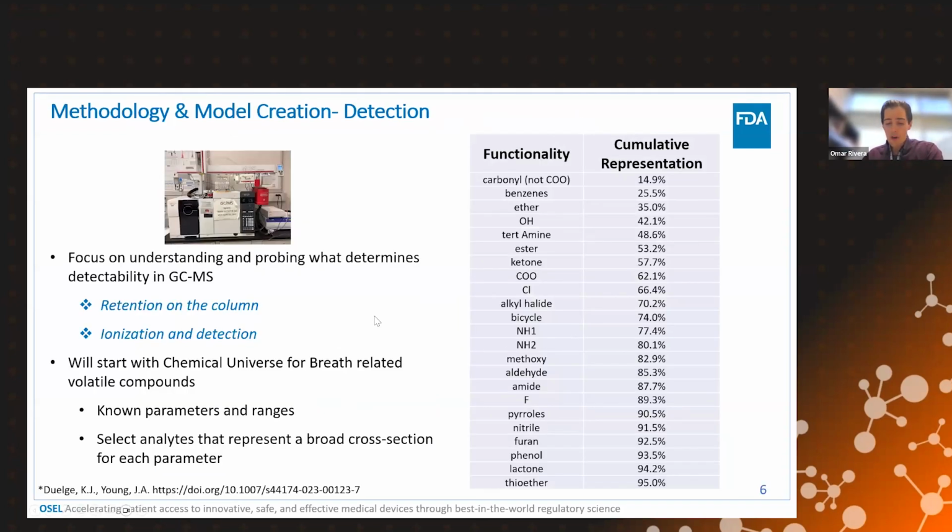As part of our methodology, and currently as part of our ongoing work, we have been performing our experiments with headspace gas chromatography. Our focus is on understanding and probing what determines the detectability in the headspace gas chromatography technique, from a point of view of the retention on the column, as well as ionization